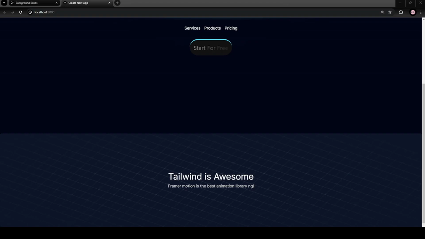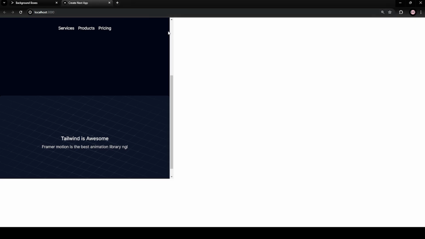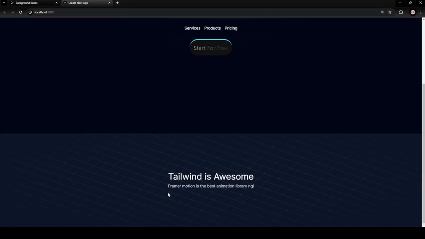There you can see I'm getting all these pop-ups of the colors I want to use. These are the cyan colors I have used. You can also give whatever color you want. It's up to you.